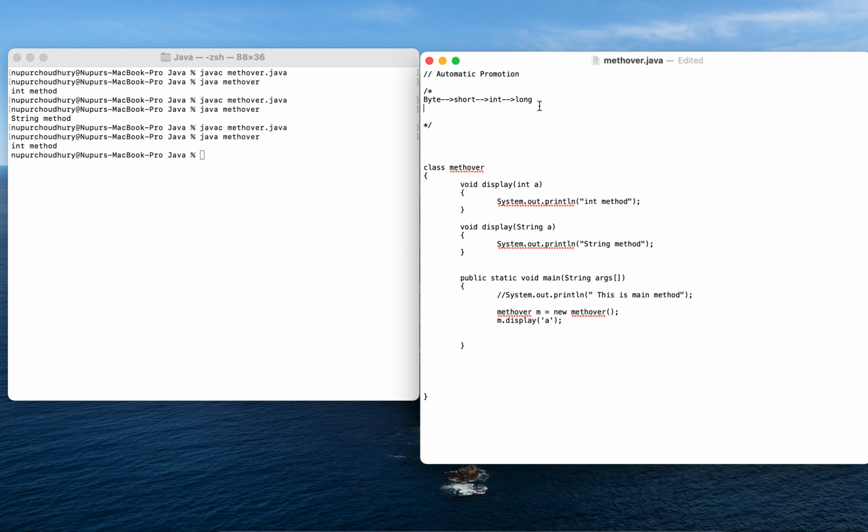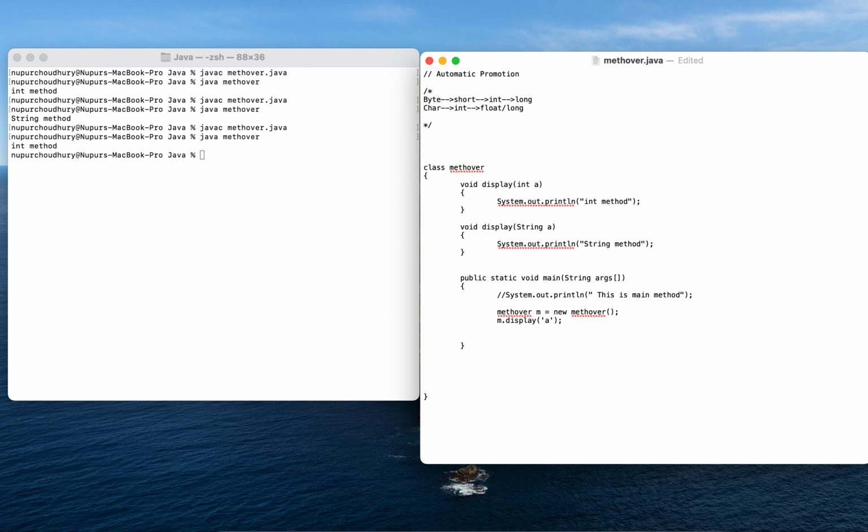So a character is automatically promoted to int in the next step, and the int can be converted into float, or into a long, or into a double, depending on whatever you are using.